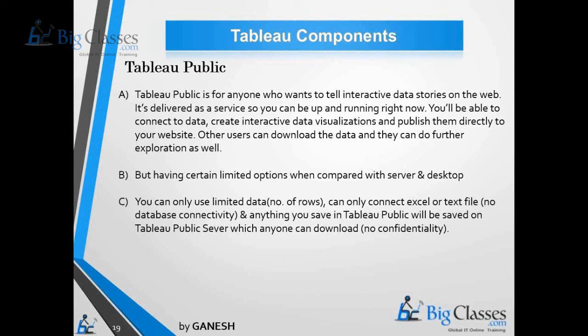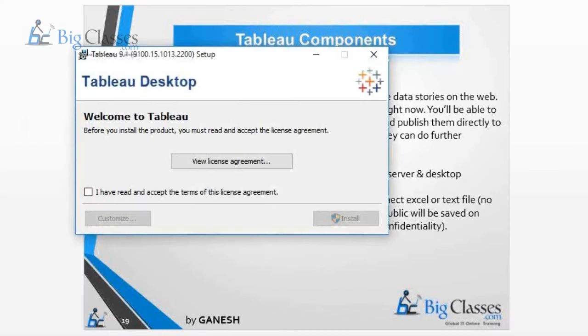The biggest limitation of Tableau Public is in terms of the security of the data. If you are distributing through the web, anyone can interact with the report you have developed, so there is no confidentiality of the data. So Tableau Public has certain limitations.